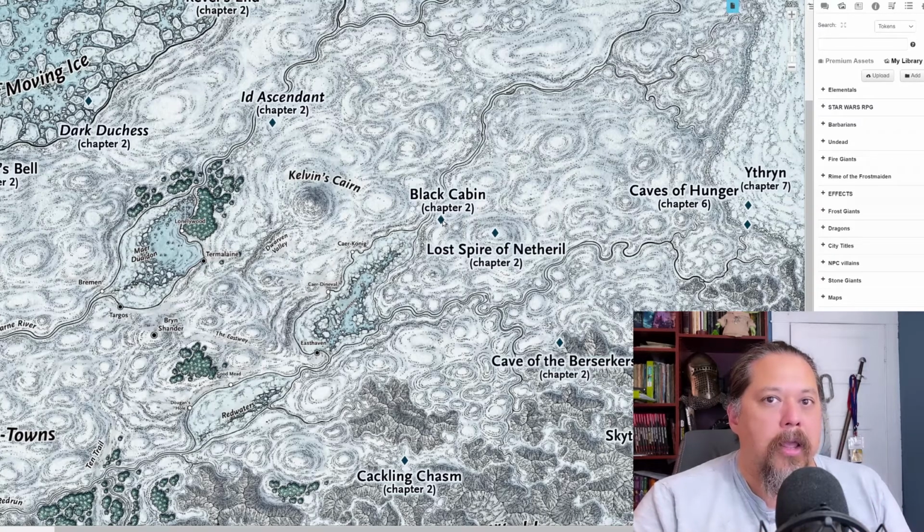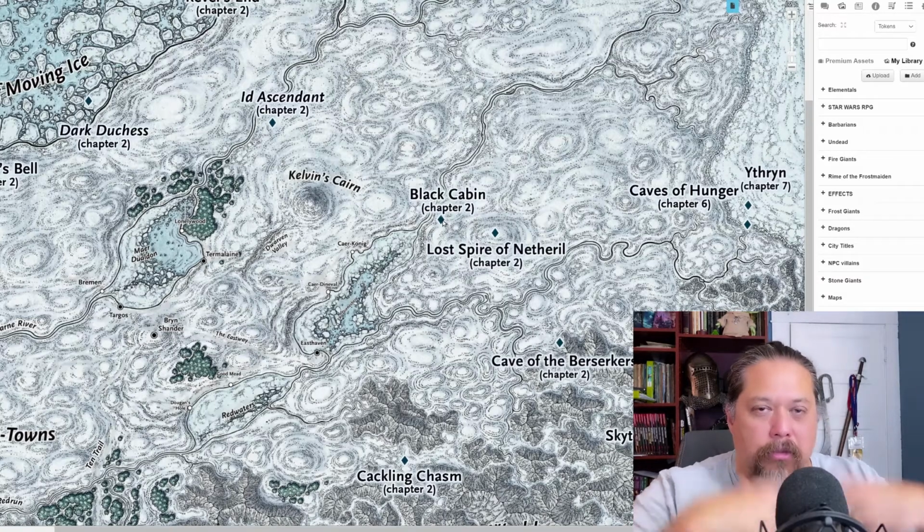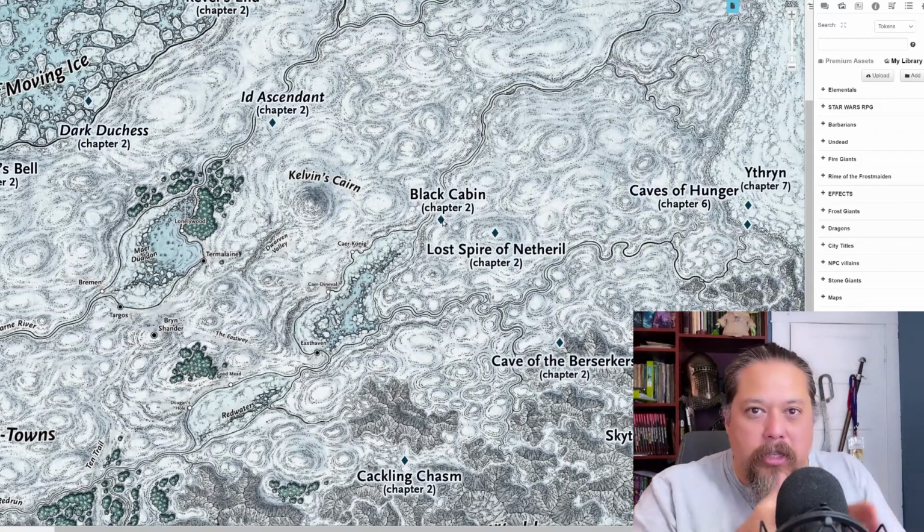I'm not trying to do that. I'm trying to get to the heart of it. Storm King's Thunder, the heart of it was King Hekaton and the giants. And Wizards of the Coast throws in a lot of other stuff and a lot of digressive stuff. And at my age, I don't have time for that. I want to stick to the story. So I feel like what I'm doing is emphasizing the points that they were throwing in there with the salad. They're throwing in like a big salad, a smorgasbord of stuff. And I want to get to the meat of it because